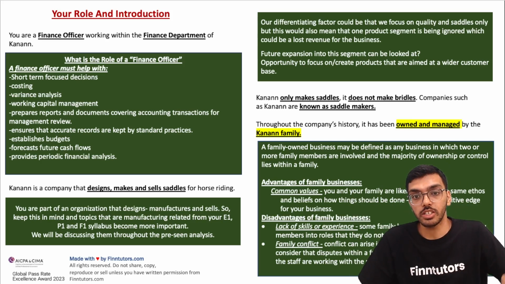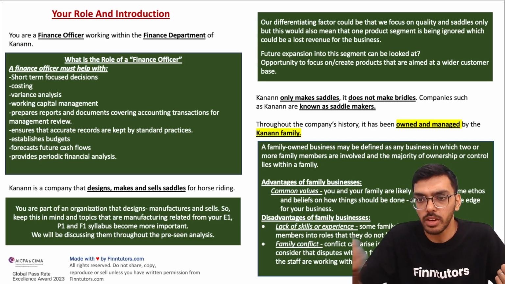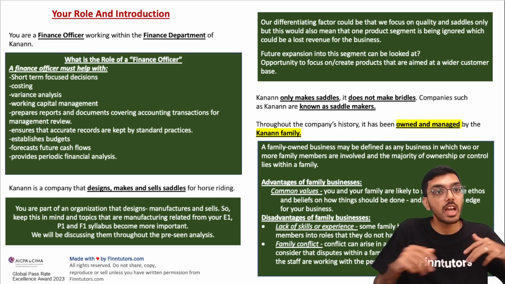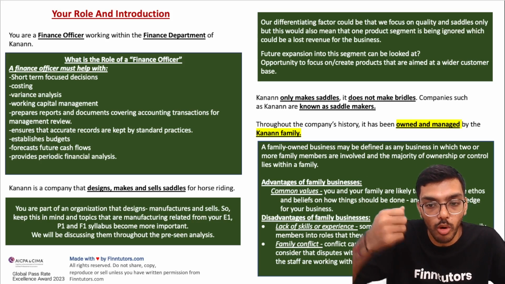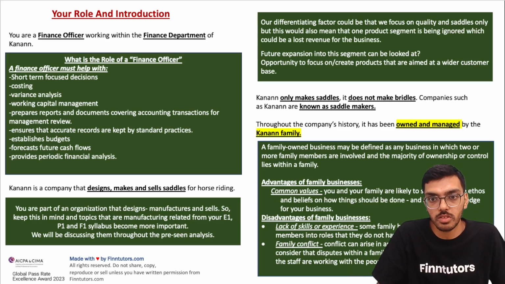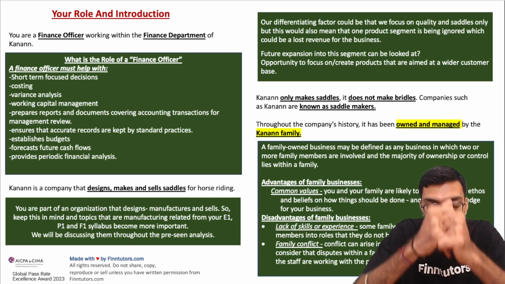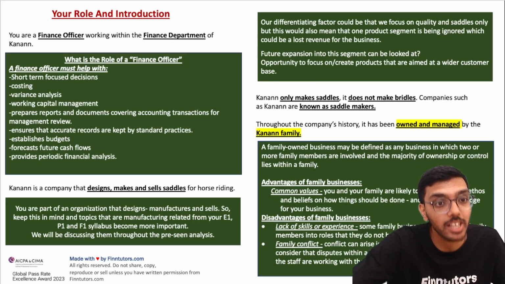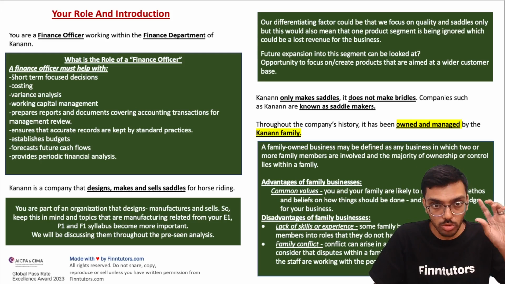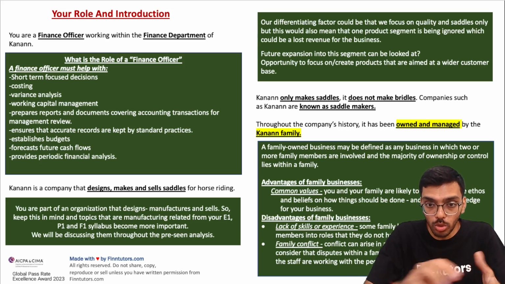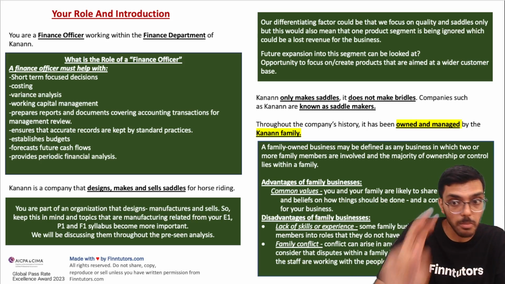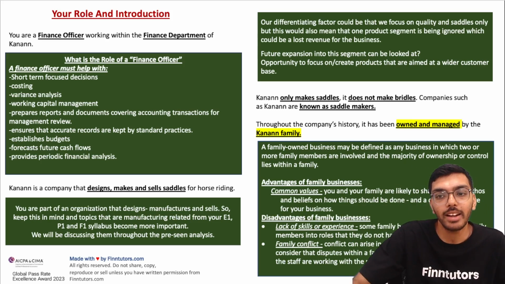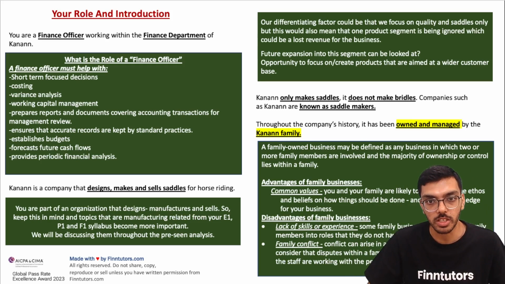There are also disadvantages, in that there may be lack of skills. Not every family member has the skill to run a business. There may be family conflicts, family problems, and you're not looking outside for better people to run the business. So the business at the end can suffer. So because they told us that we are a family business, I gave you some extra information to put some ideas in your mind relating to it: it's a family business, but there are a couple of advantages and a couple of disadvantages which you need to keep in mind, because this is a prominent factor as we move deeper into the pre-seen.